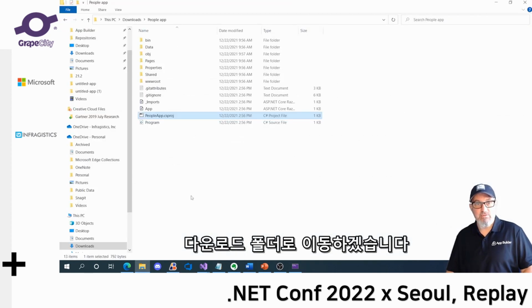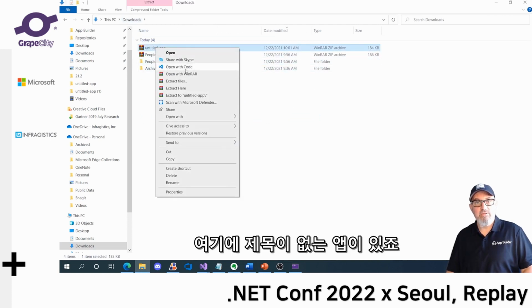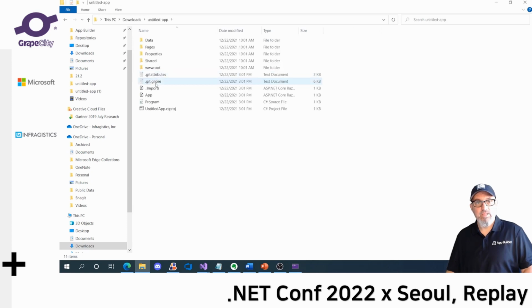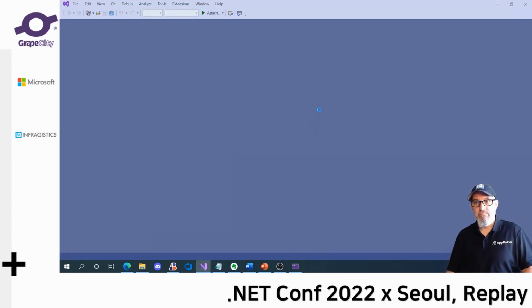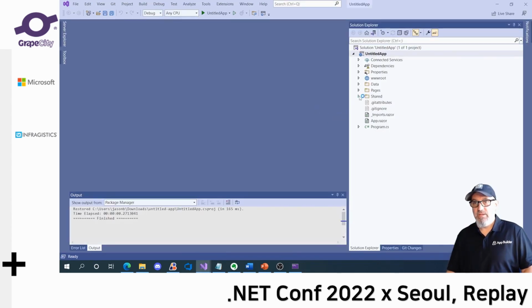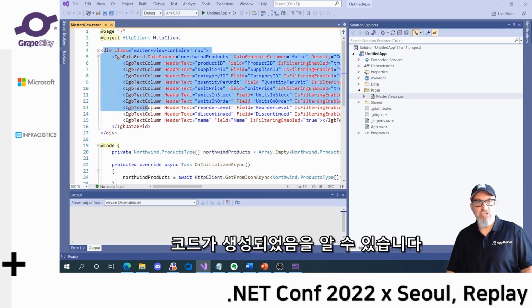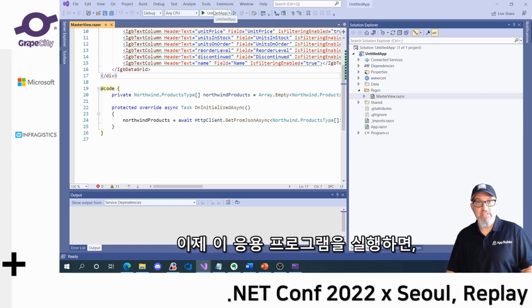And let's go to my downloads folder. Here's my untitled app. Let's open this in Visual Studio. I'll go to Pages, Master View, and you can see that it generated the code. It did the asynchronous call to the service. Now, if I run this application,